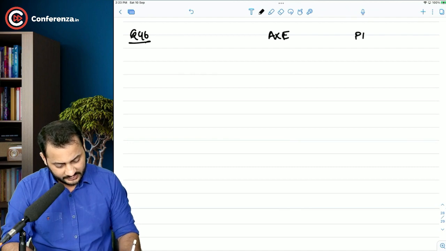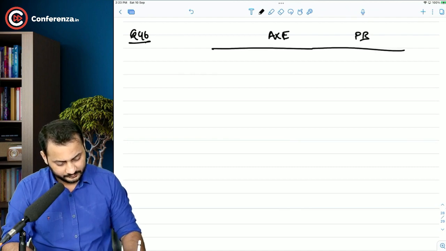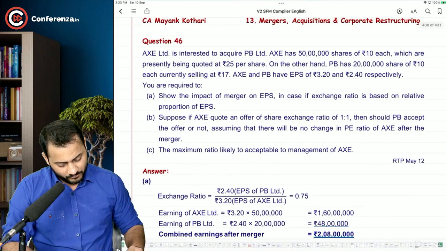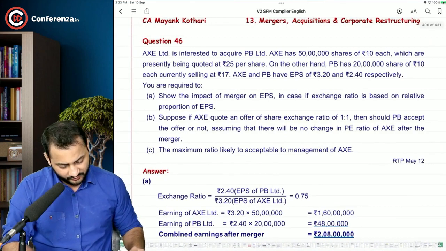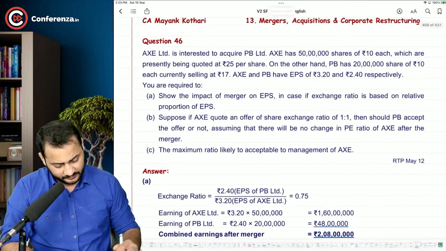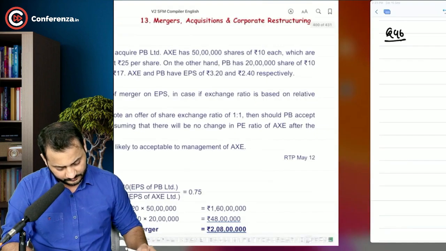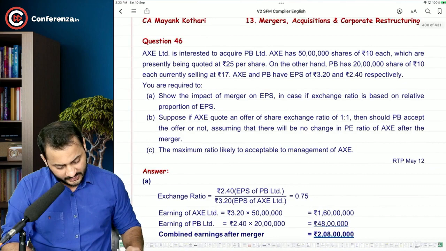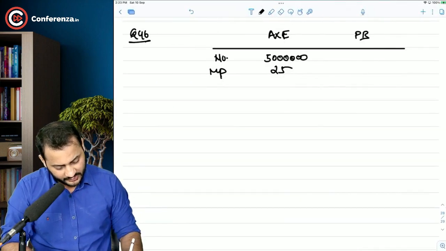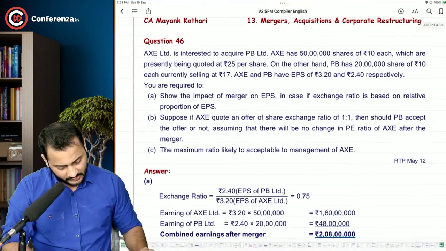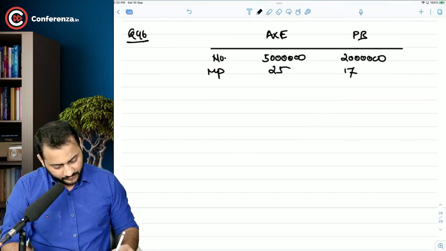X Limited and this is PB Limited. 50 lakh shares of rupees 10 each, presently quoted at 25, market price. On the other hand, PB has 20 lakh shares of 17. Okay. The EPS is 3.2